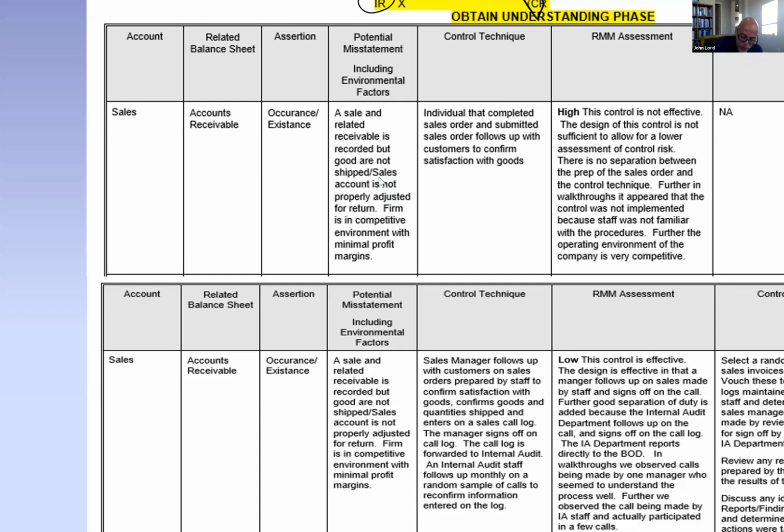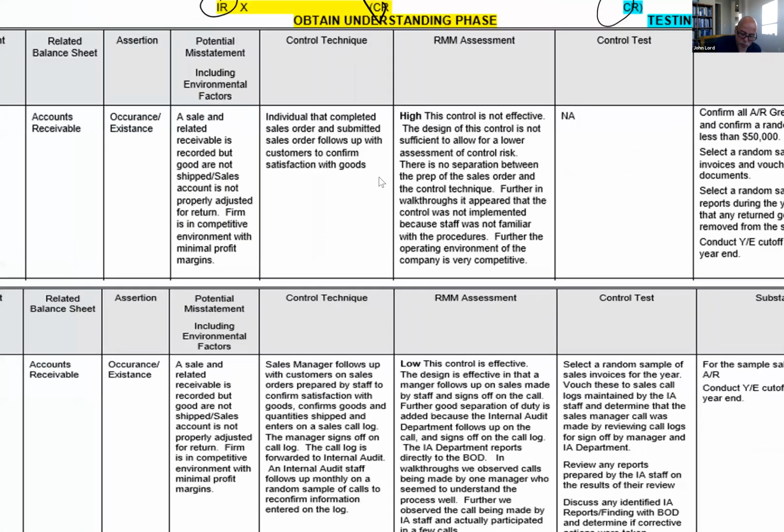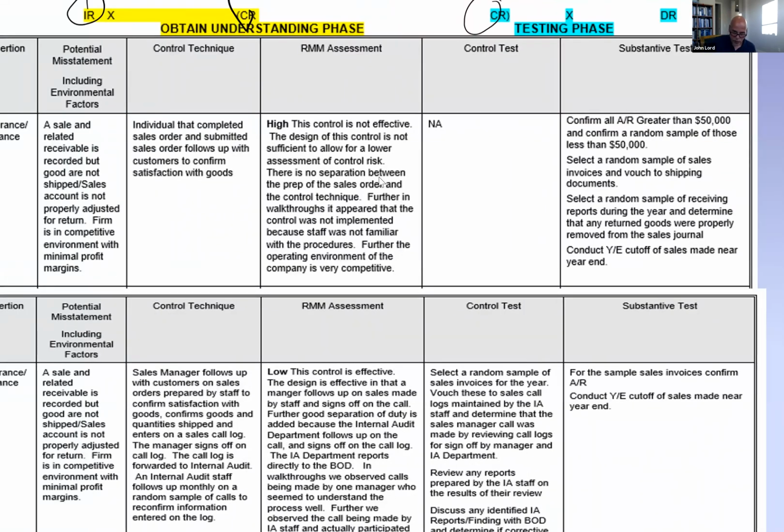So what happens? Well, if I'm not happy with the control, if I assess the control risk at the maximum, when I move to the testing phase, I bypass the testing of the operating effectiveness of the control. And now I go directly to the substantive test, and I do a substantive test that's going to help me with the existence assertion. So what do I do? I pull a sample of accounts receivable from my client's subsidiary ledger. I send out confirmation letters asking them, hey, did you buy this stuff and do you owe $10,000 or whatever it is? By doing that, I get evidence to support